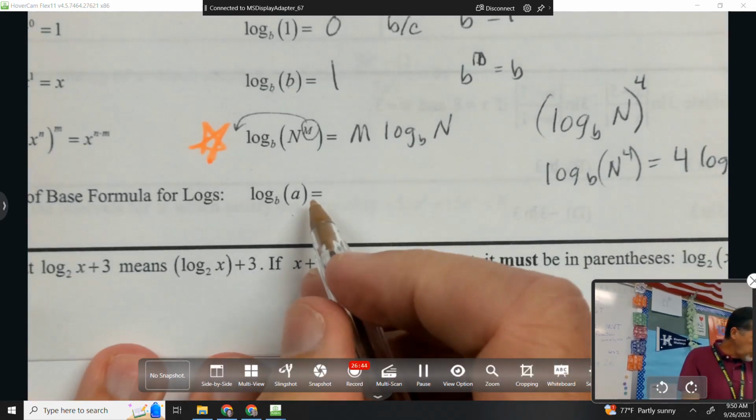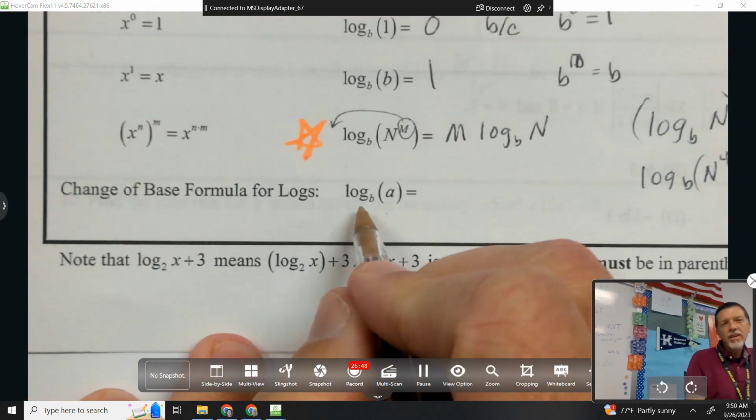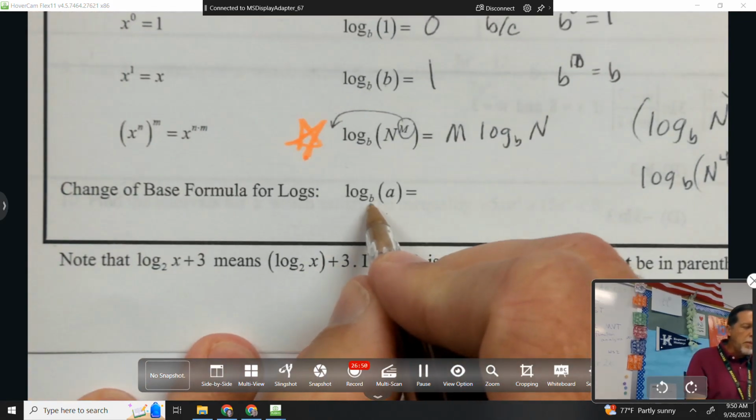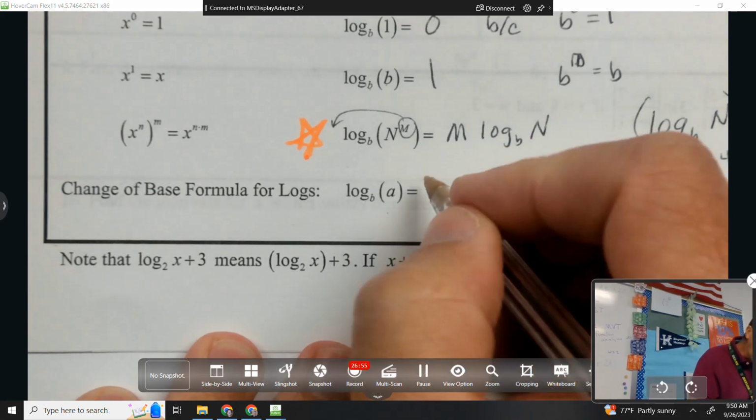Change of base formula. Occasionally this is helpful if b is like a base you don't want to mess with. If you're going to a calculator,